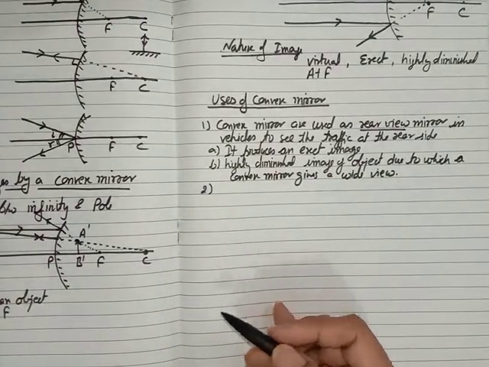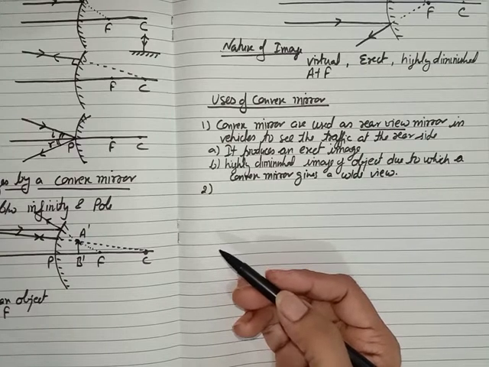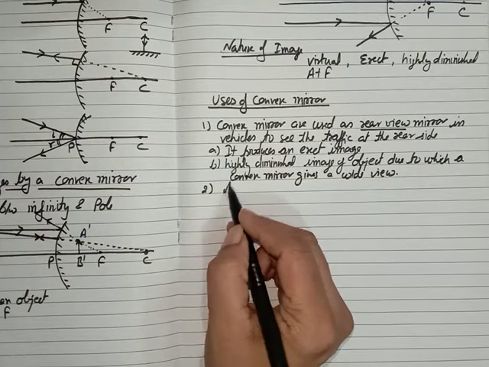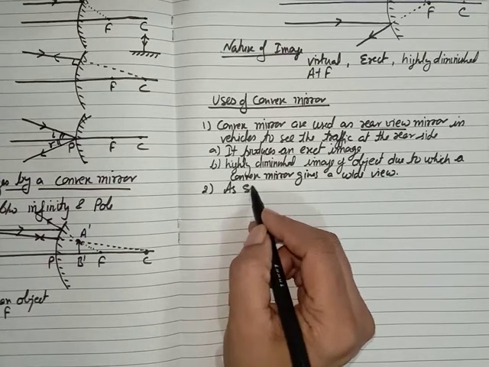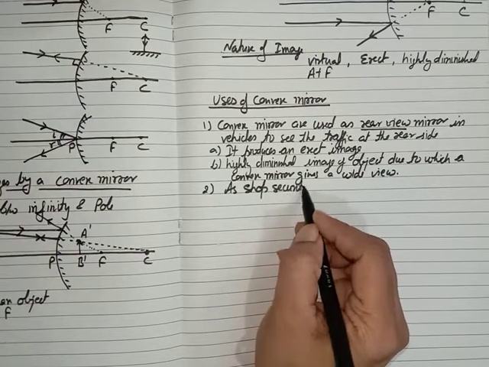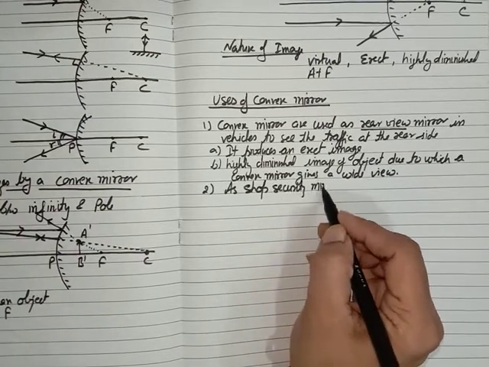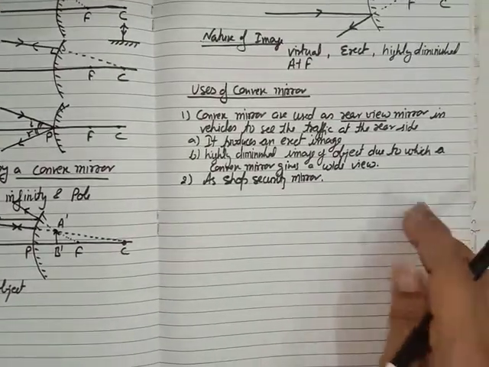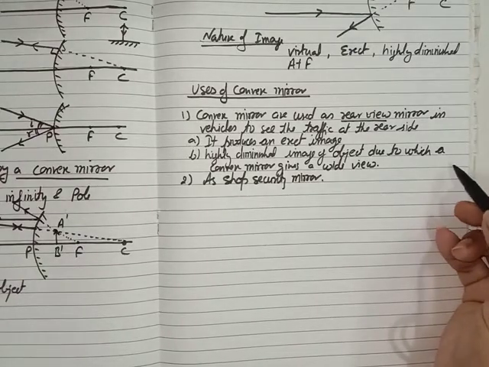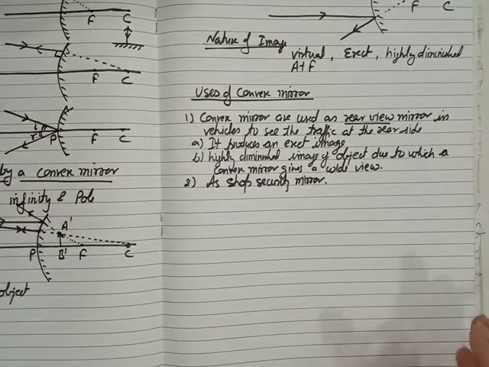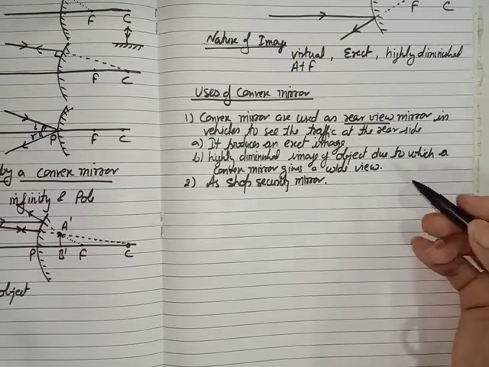The other use of the convex mirror is that we use this mirror as shop security mirrors. You have ever seen the mirror which is in the shop, on a side, in some shops. Now we know that we are using CCTV, CC cameras, etc. Now we are using this type of